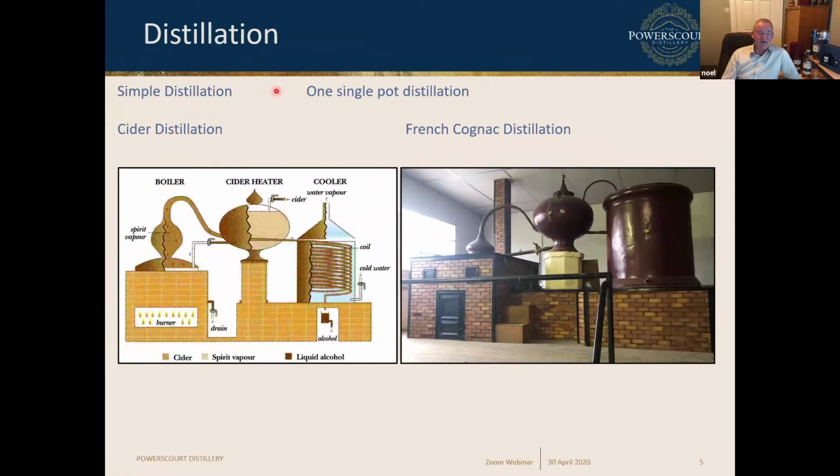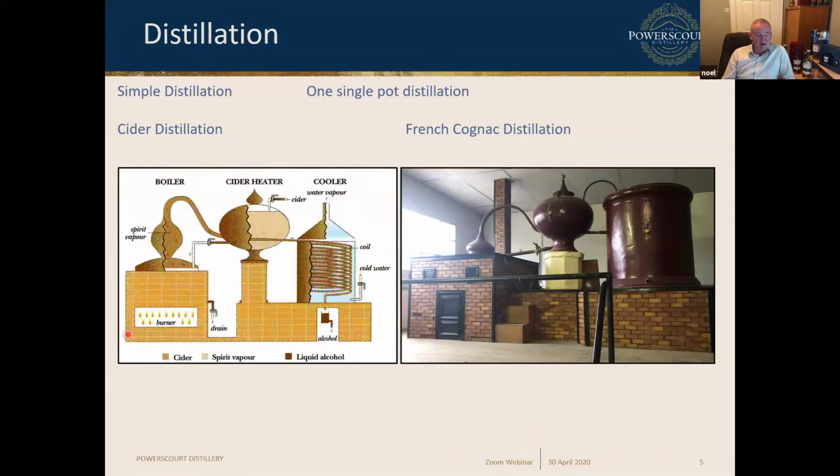distillation unit. And this we can see is a cider one on the left, and they're very similar stills. They make cider, and you can also make French cognac. So on the schematic on the left for the cider, you can see it's a red brick block in which the still is in. This is a direct fired still, so inside there's a burner, and that's heating the vessel